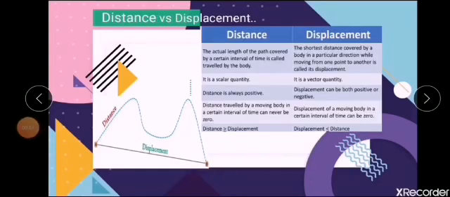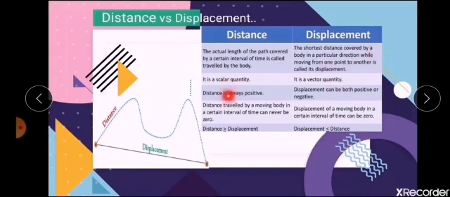If distance and displacement represent the same thing, then what is the difference between them? When you see the figure, you want to travel from A to B. Now this is going to be the distance and this is going to be the displacement. Means distance is the actual total path you have to travel, whereas displacement is a shortcut you are going to take. That is the basic difference. Now coming to other differences, we have already seen the distance is a scalar quantity whereas displacement is a vector quantity, which means distance has magnitude only but displacement has both magnitude and direction.